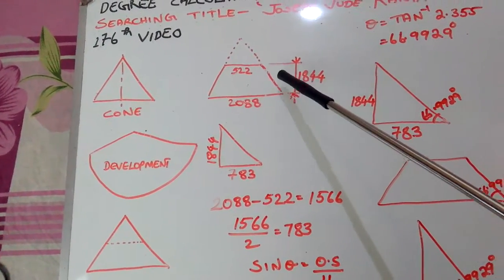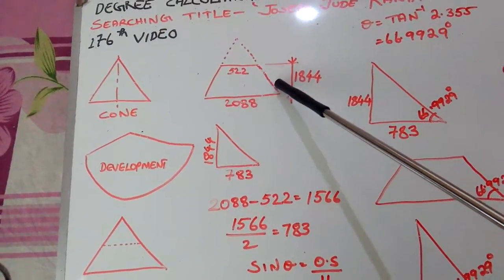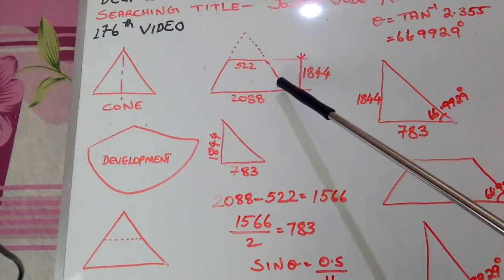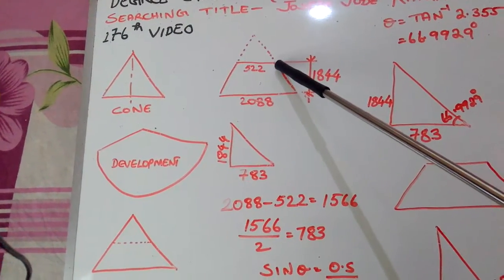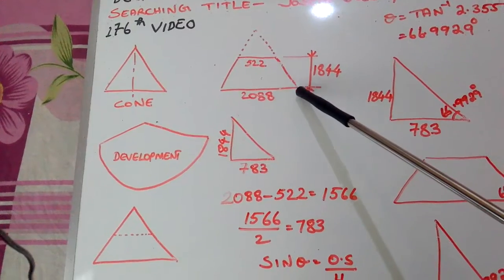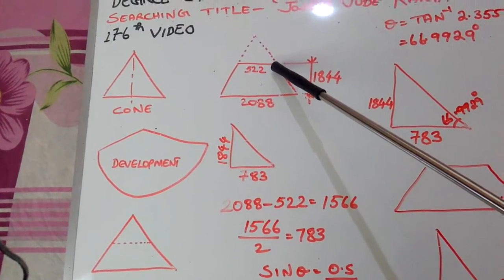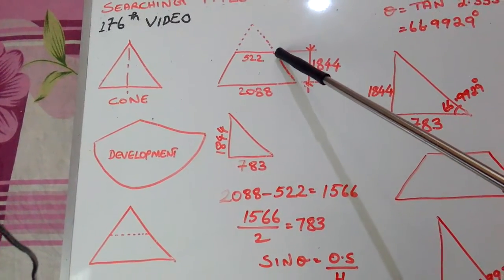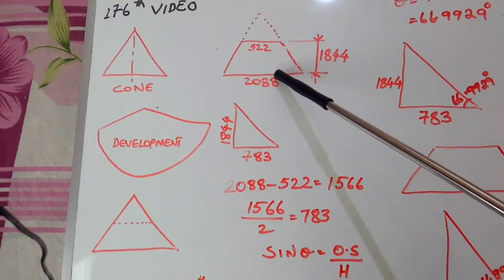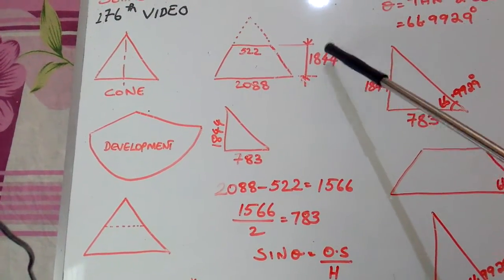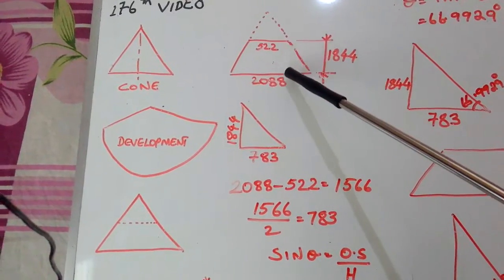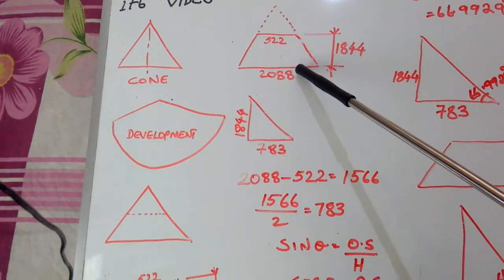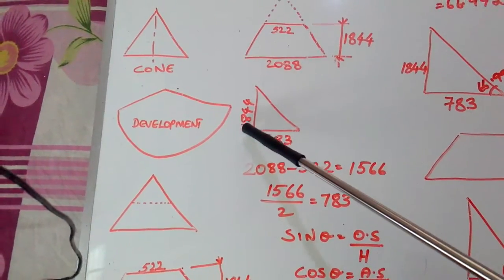One line is there, another line is there. In between these two lines, 1 degree is there. We have to find out it. How will we find out it? We can make a triangle from here to here, and to here, and to here. 3 lines we can make, and we can make a triangle. We know the length from here to here, that is 1844. So I have drawn this kind of triangle here. From here to here is 1844. I have indicated it here, 1844.